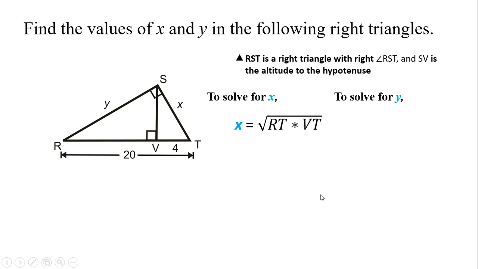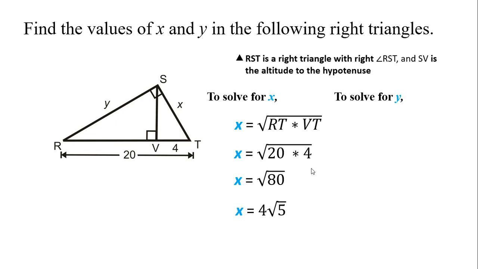So, if we're going to substitute the given, the measurement of the hypotenuse is 20 and side VT is 4. If we're going to multiply, that's the square root of 80, and if we simplify, that is 4 square root of 5. Next, to solve for y, the formula in solving for y is the square root of